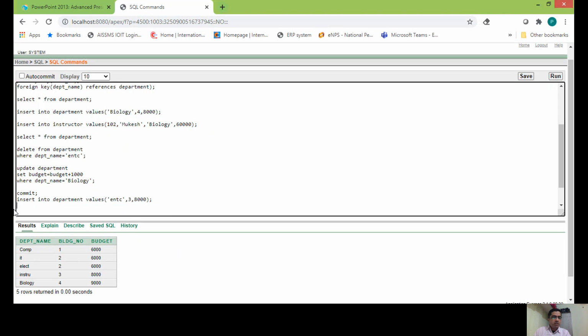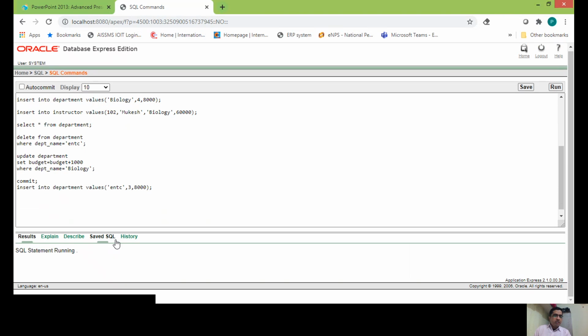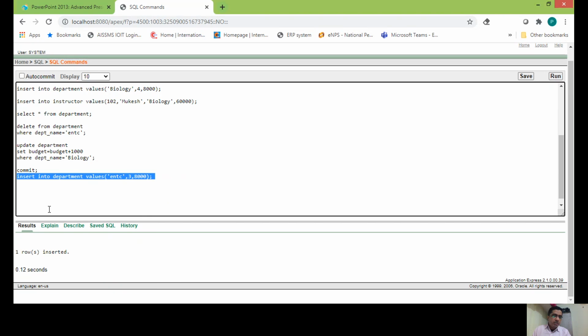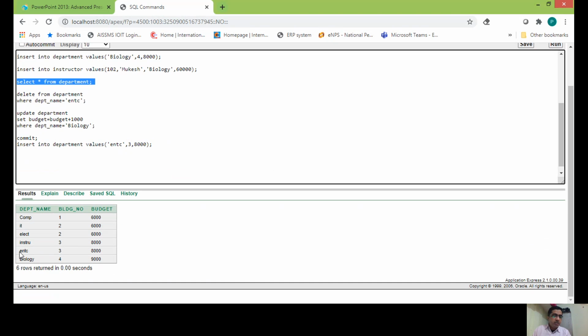If I run this command, it will surely give me the message that one row inserted, right? And if I check the contents of this table, it will definitely show me this ENTC, which I recently inserted, right?